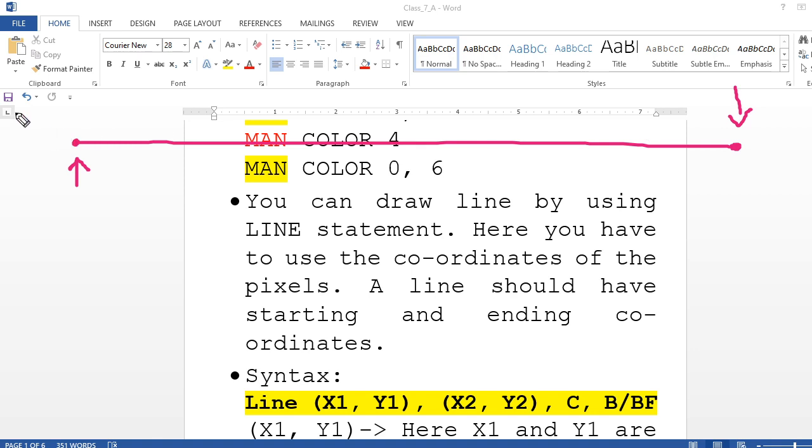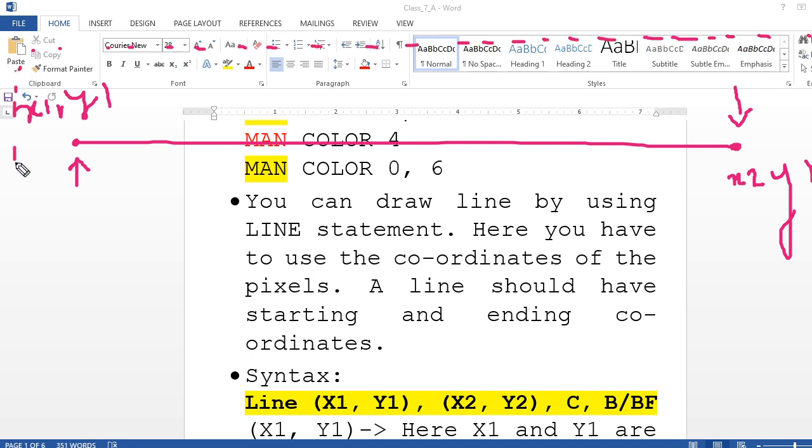So what is the starting coordinate? I had written here x1 and then y1. Here I had written x2 and then y2. Suppose this is the pixel like this, and this is the pixel like this. Let's suppose this one is coming 5 and this one is coming 10. So what will be the value of x1 y1? 5 and then 10.